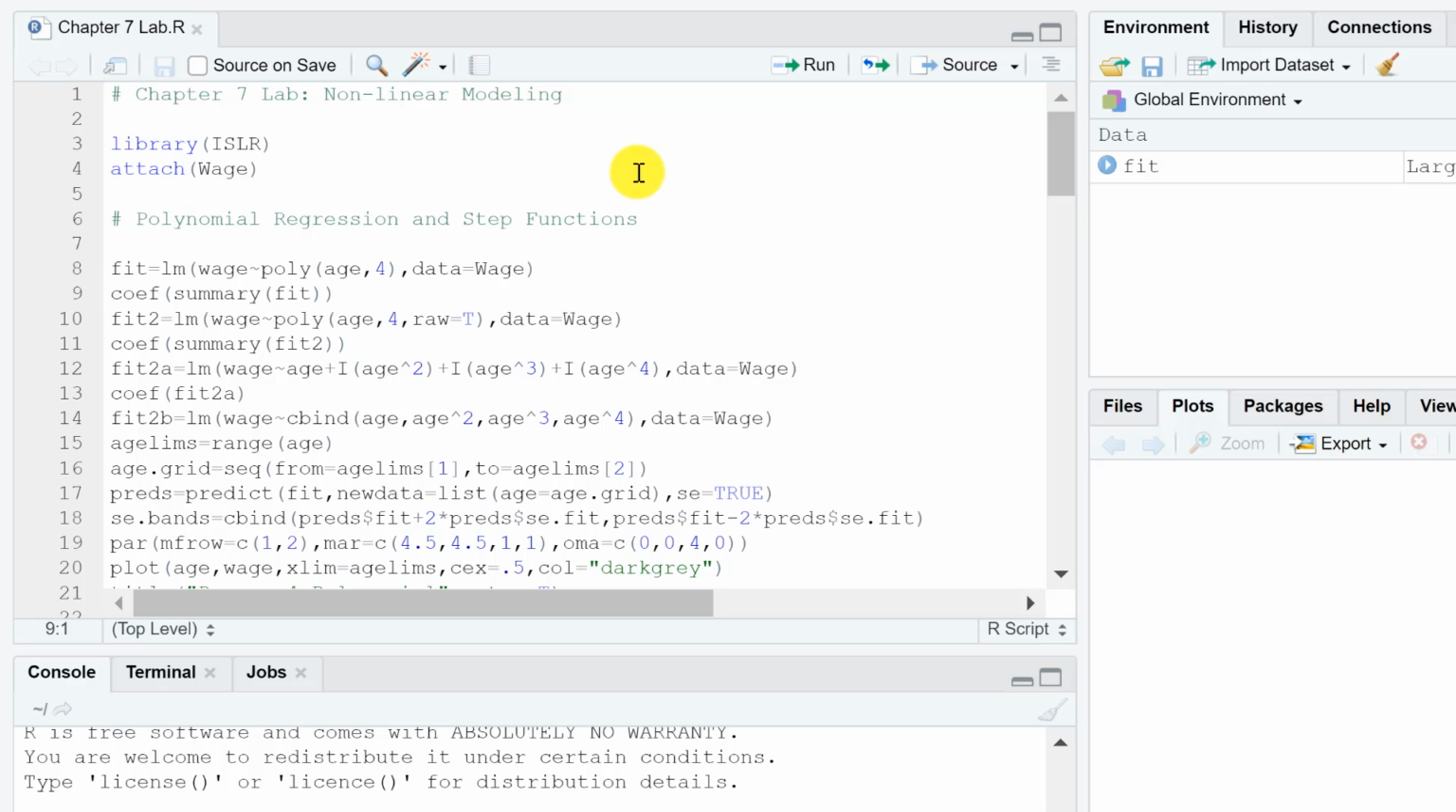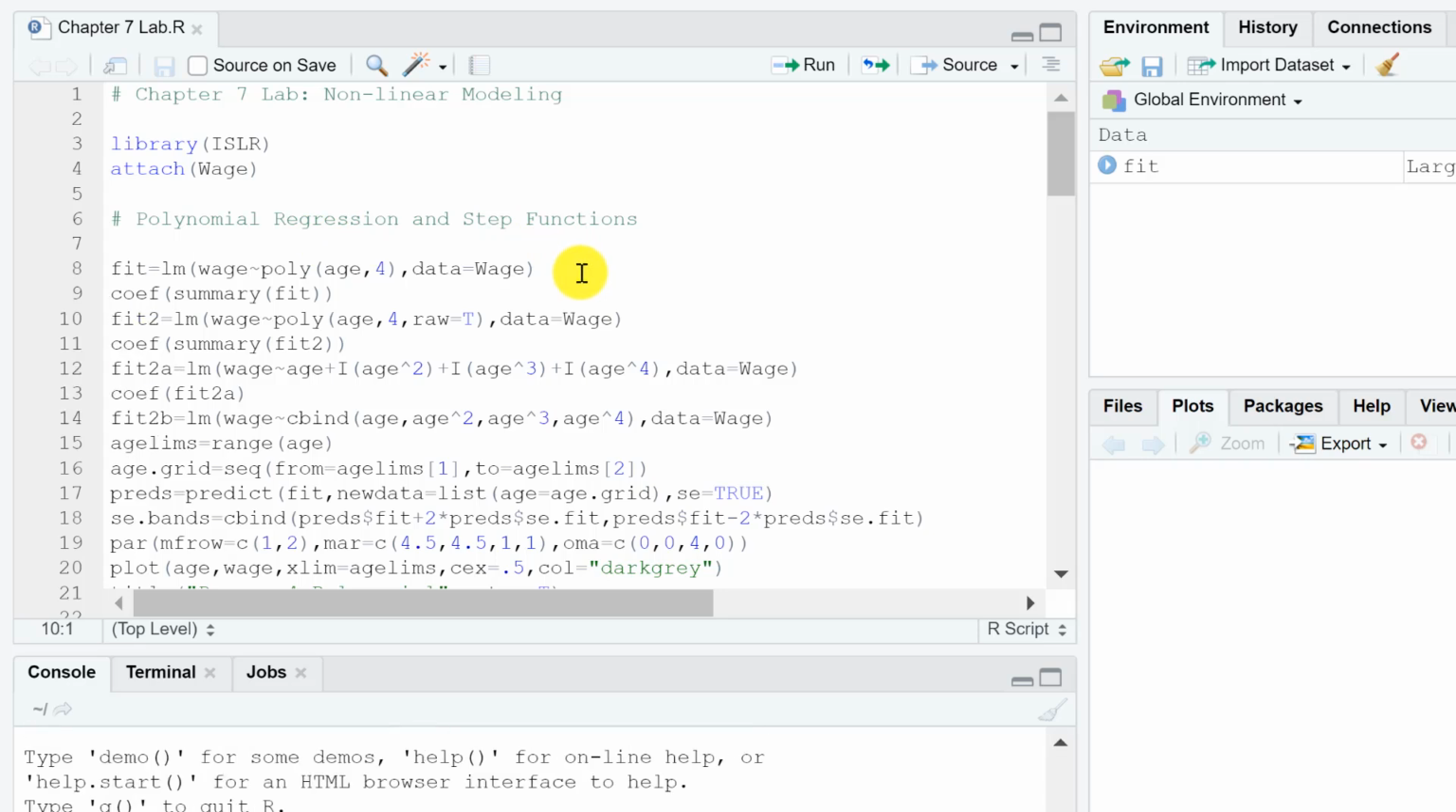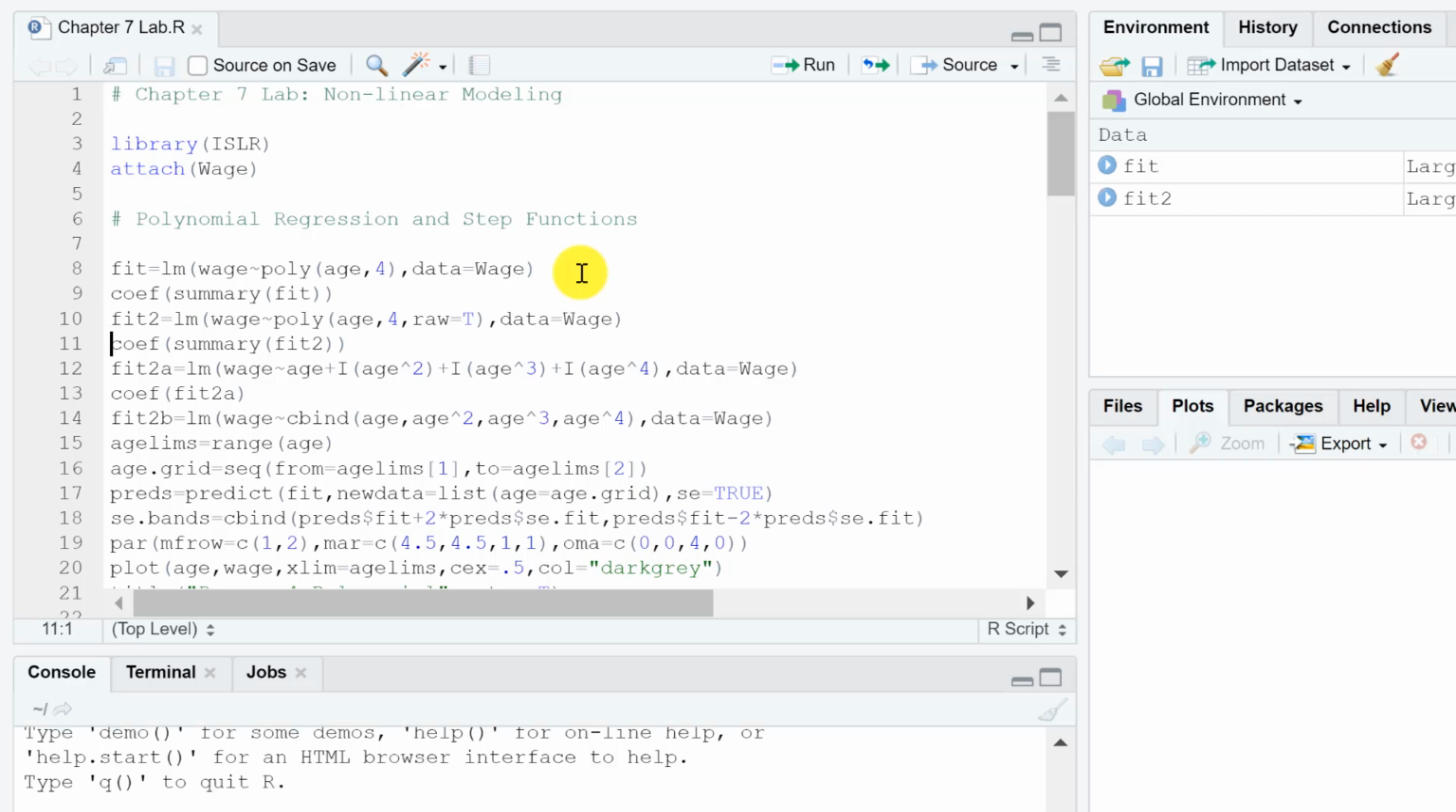There are a couple of different ways you can fit a regression model using a polynomial, in this case a fourth degree polynomial. This first line fits wage as a function of a fourth degree polynomial of age. That is one method of building the polynomial, and then we can look at the coefficients, and there are our coefficients. For the second method, we can use raw equals TRUE in the polynomial,